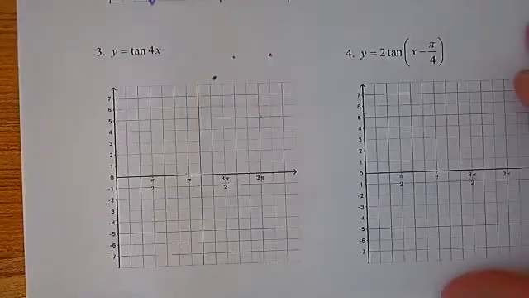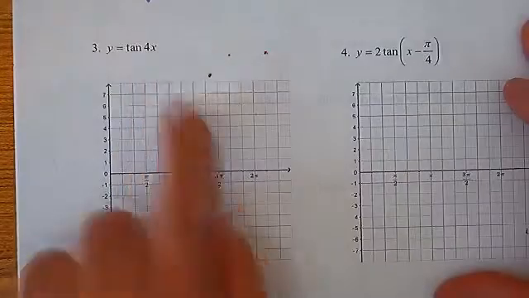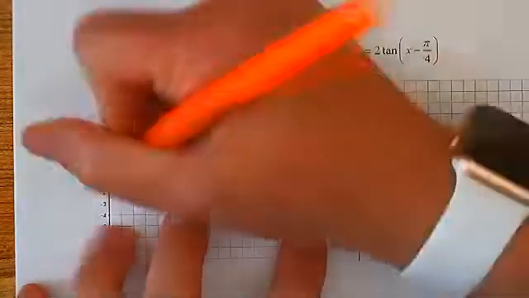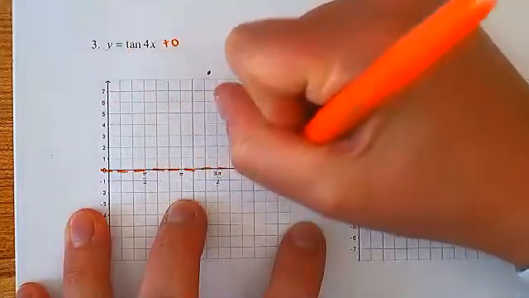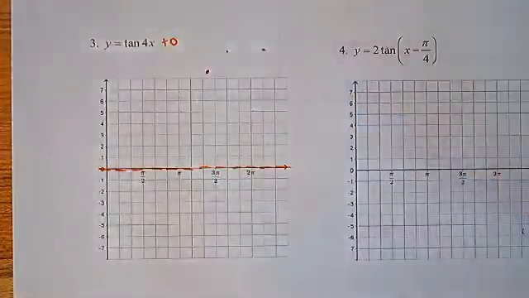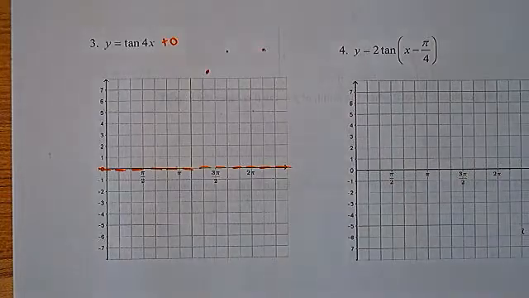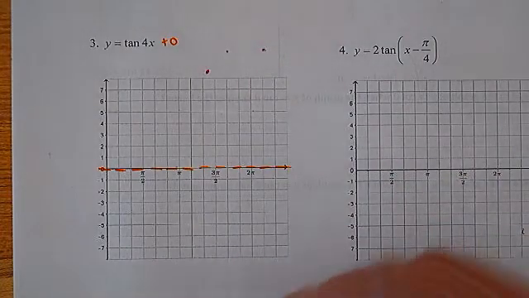Very interesting. So number 3, there is no midline because it's +0, right? I still like to draw it. There's no midline. The midline is 0. I mean, there's no C value. All right. And then our period